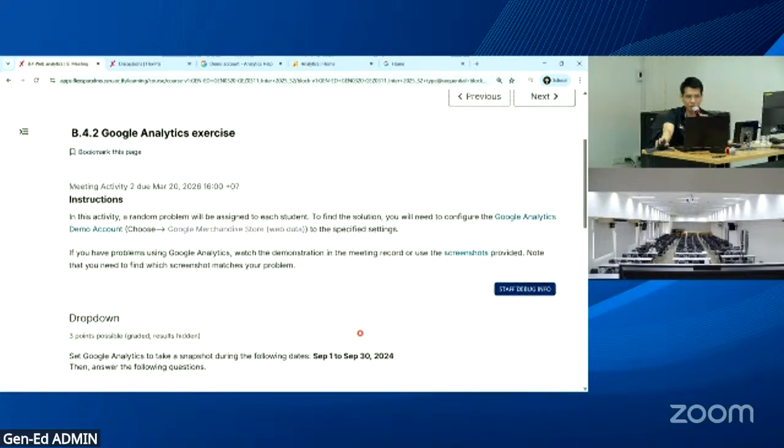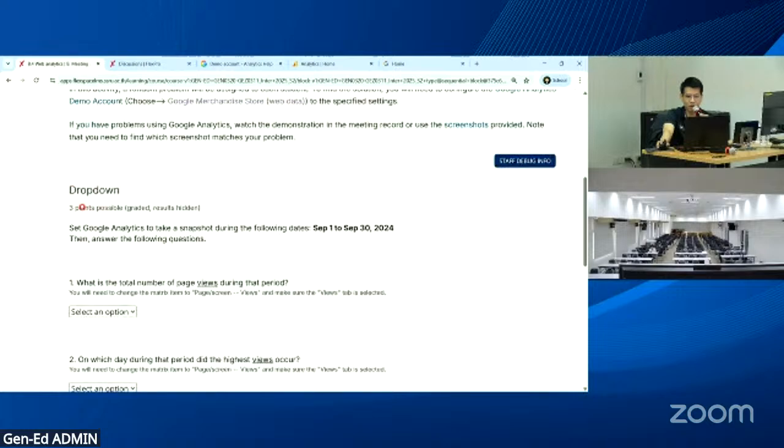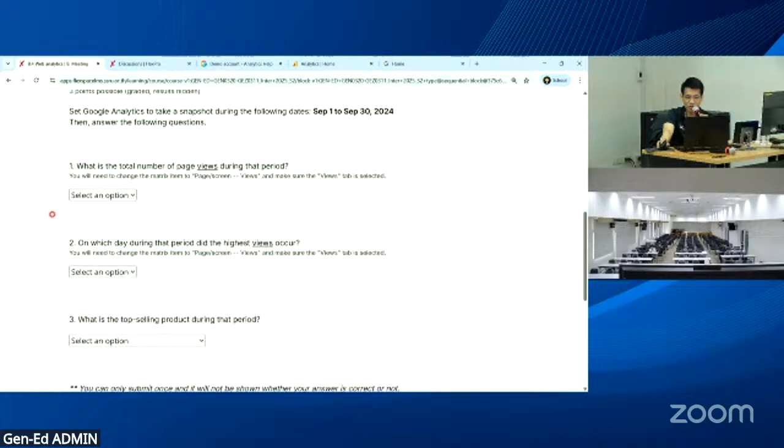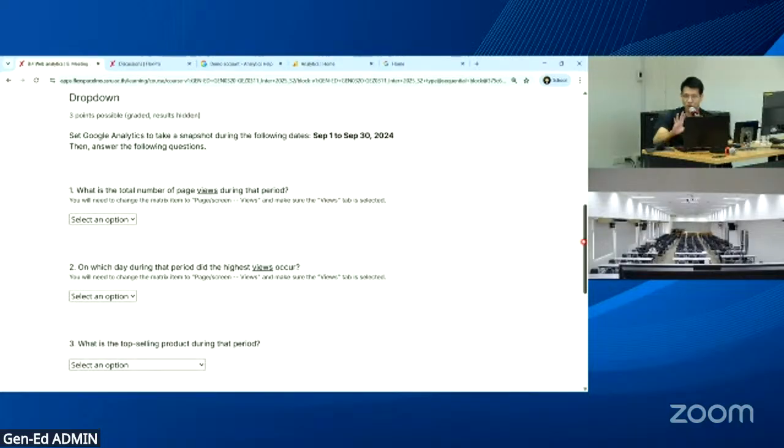Now click the next button and browse to activity unit B.4.2. Now you will see 3 questions here, and these questions will vary from student to student. That means everyone will get different sets of questions. And when you see the question, what you need to do is to set Google Analytics to those specific dates